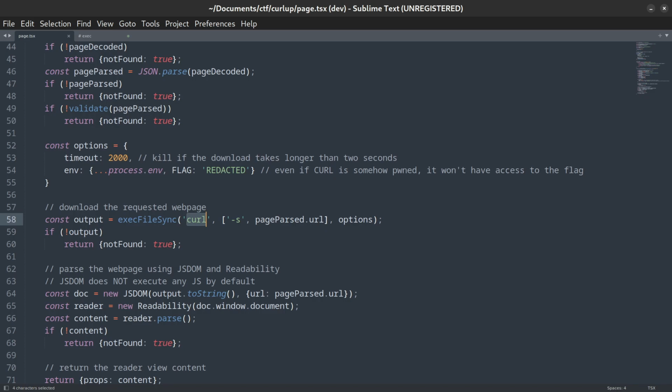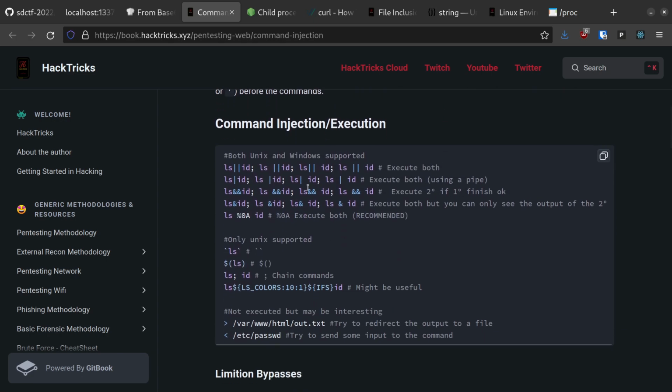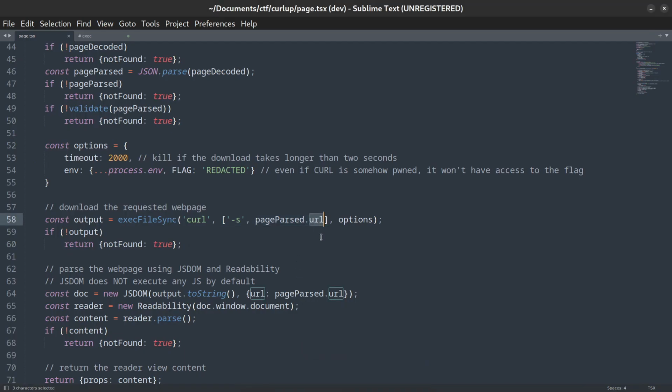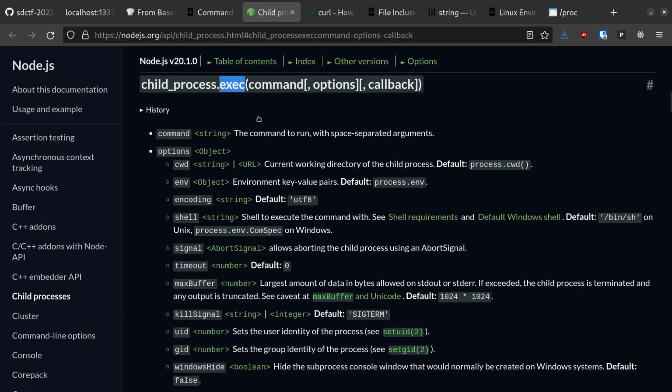When you see that a command line program is being executed here, you might be tempted to think of command injection. This is where you can enter shell control characters to execute additional commands aside from the one that was intended. This is especially compelling because we, the attacker, can control this URL parameter. Unfortunately, the API being used to execute curl here is execfile, which executes a program without invoking the shell. If plain old exec was being used instead, this does parse arguments similar to how a shell would, so we might be able to take advantage of that.